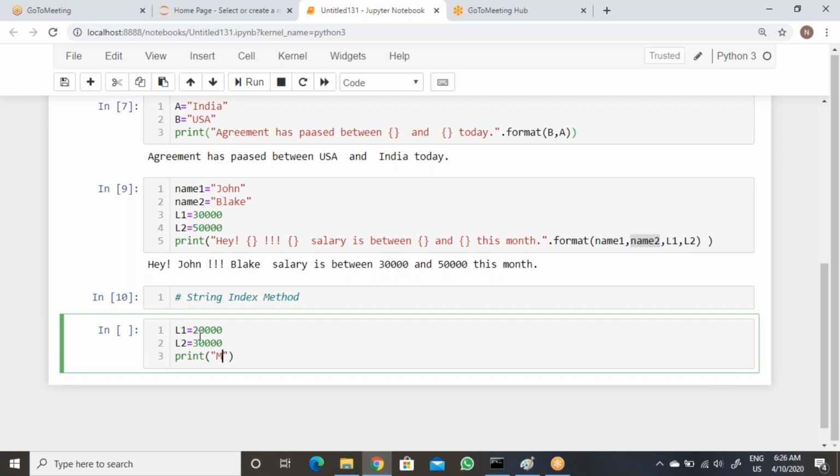Same thing you take. Okay, L1 equal to 20,000 and then L2 will be 30,000.